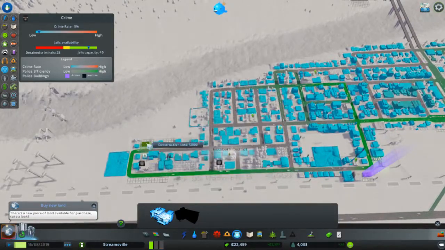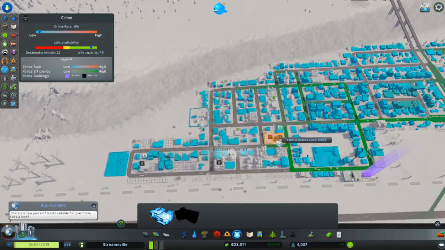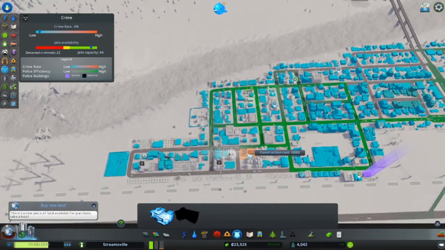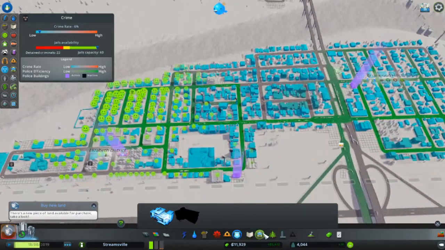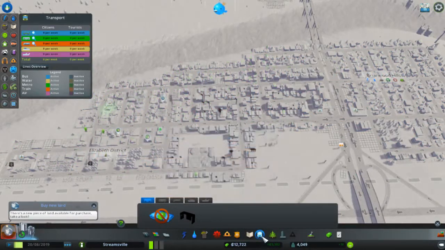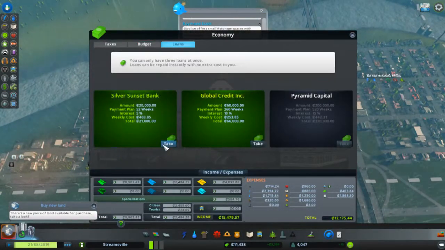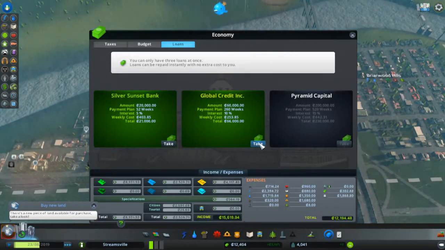Police have got mostly everything down to where I want it to be, but I'll push in another one over there. And if I had thought about it, I would have gotten a bus depot. But I didn't think about it. So let's go ahead and pay that loan. Actually, I do want to...